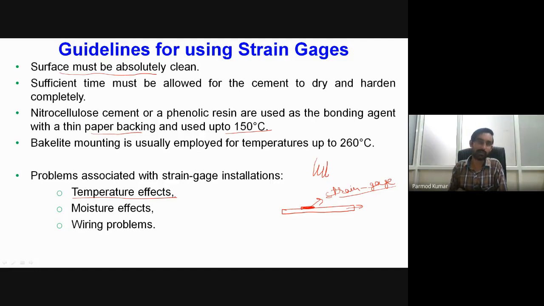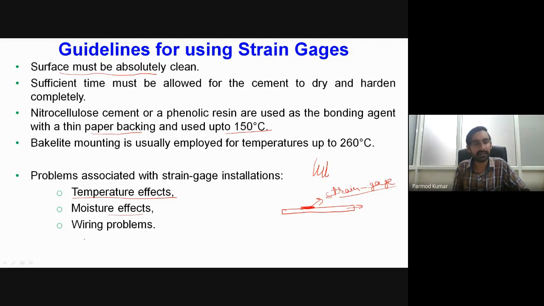So because of that, we may also have some errors. Another cause of error is moisture content. For example, if moisture gets into our wires, the inclusion of the moisture can change the resistance behavior of the wire. So apart from the elongation due to the strain, there may be changes in the resistance because of the addition of moisture also. That will also give wrong readings.